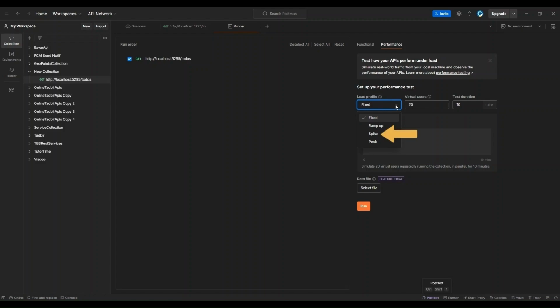A spike introduces a sudden surge in virtual users, which is followed by a return to the normal load. For example, you might start with 10 virtual users, spike to 100 virtual users for a brief period, and then drop back to 10 virtual users. Use a spike when you want to simulate sudden bursts of traffic, such as flash sales, marketing campaigns, or unexpected